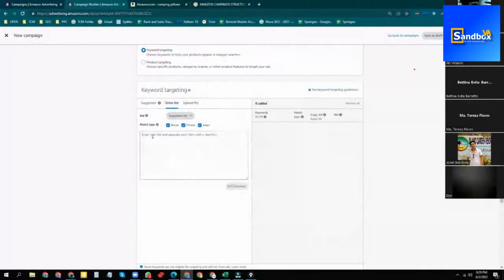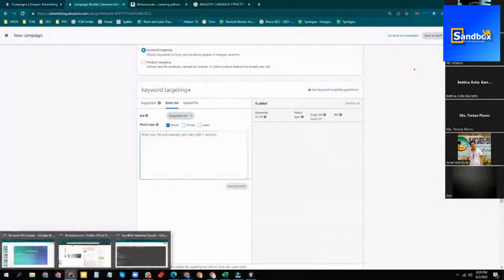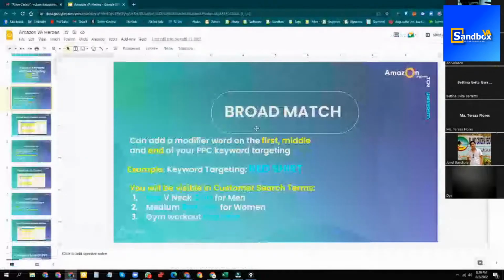But what I'd like to discuss here is these three different match types, keyword match type. So ano ba ang difference ng broad? Like let us say you choose broad match. Right? So sa broad match naman, saan siya pwedeng mag-appear yung product mo when you target the keyword match type broad match. So example, ang keyword targeting natin is we are selling a red t-shirt. And tinarget natin yung keyword na